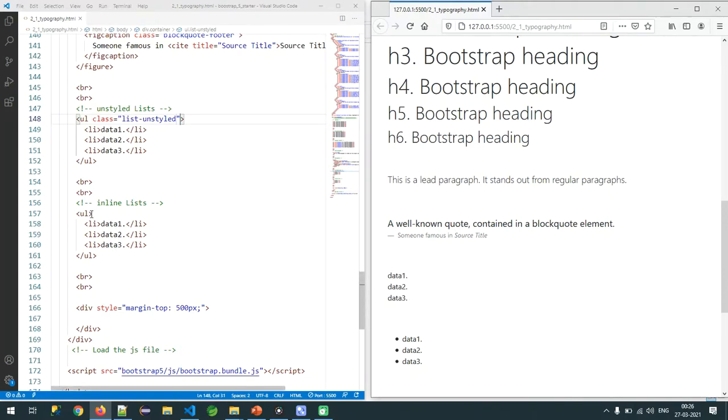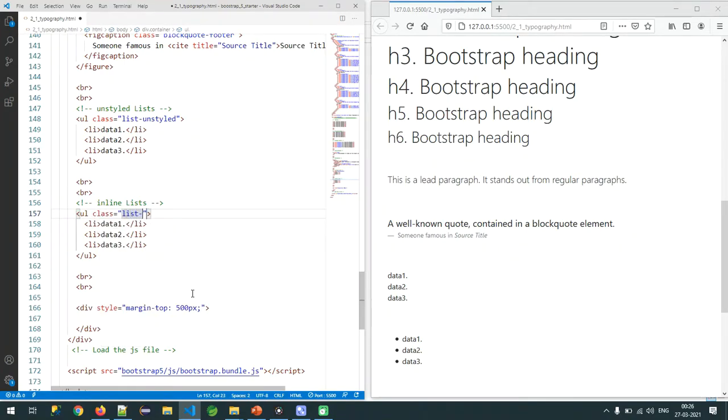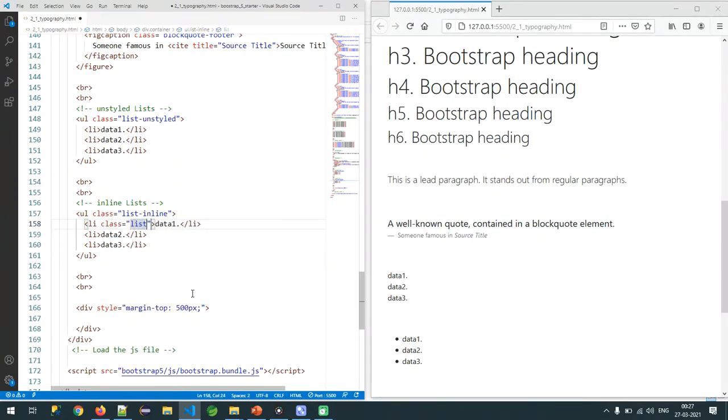In the same way, sir, I want a horizontal look for my list. What class is available? Class list-inline, as well as for each and every item we need to configure list-inline-item.